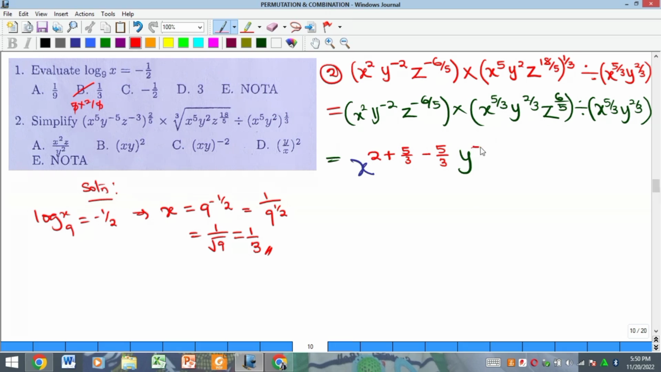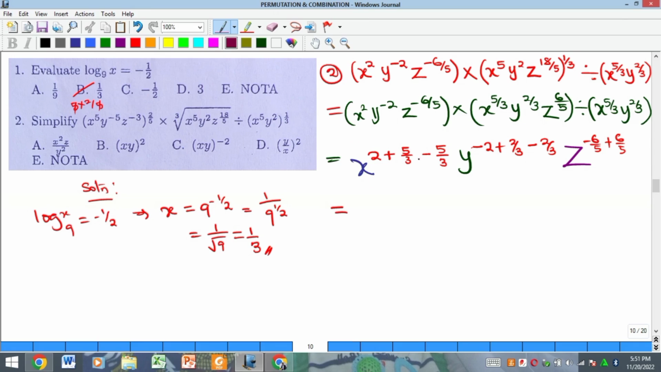which is minus 2, plus the power in the second bracket, 2 over 3, minus the power in the third bracket, which is 2 over 3, and then I have finally z to the power of, in the first bracket, minus 6 over 5, and that is plus, in the second bracket, positive 6 over 5. And so this is going to now give us